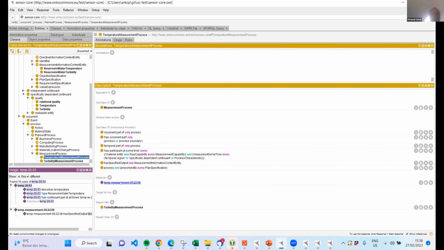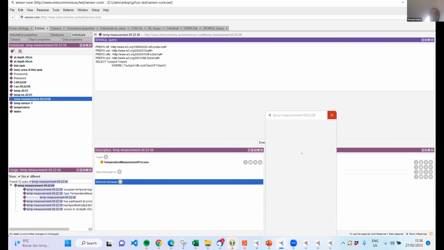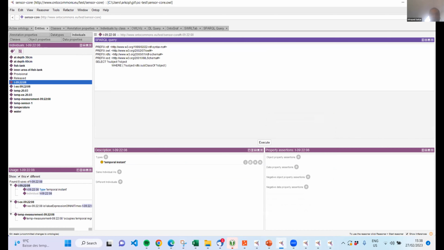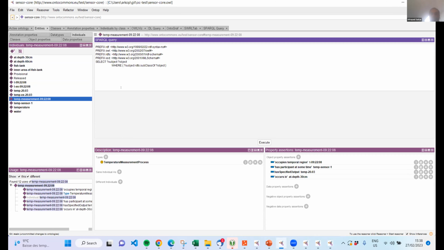You can see that the temperature measurement process happened at this timestamp. You have the timestamp value here, and then you can see that it has one